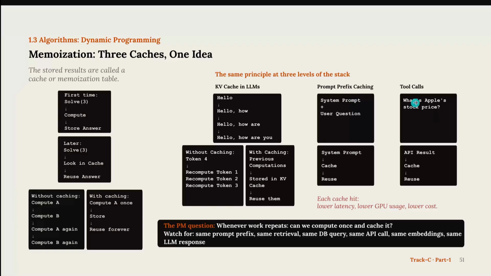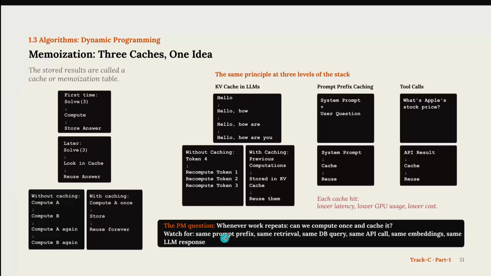Tool calls also work in a similar way. Imagine hundreds of users are asking the LLM what's the stock price of Apple today. Ideally what it would do is make an API call every time using MCP servers. But what if we can cache that result? If we can cache that result, we can reuse it again and again. With every cache hit, we lower the latency, we lower GPU usage and cost. So the PM question that we need to be asking is, hey, whenever work repeats,